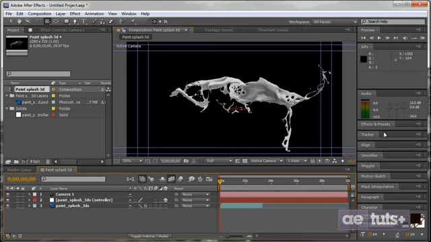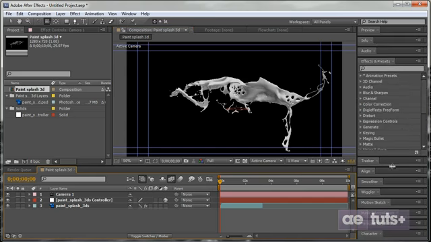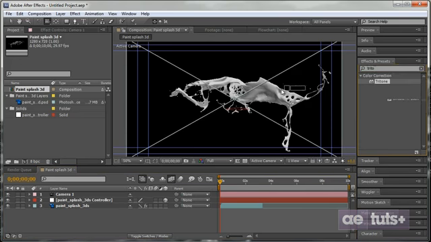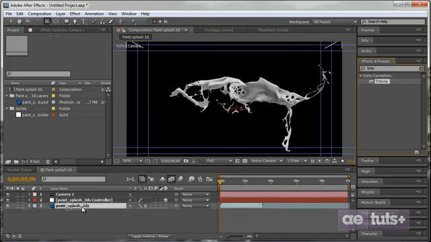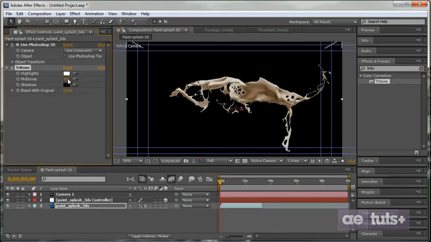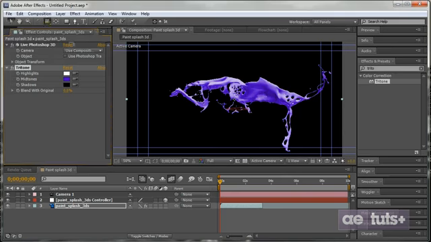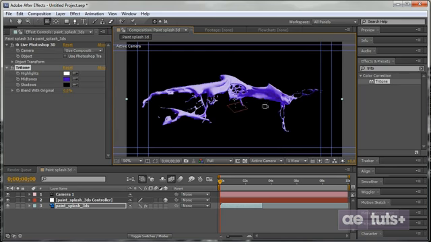Right? If you want to color it, you can go ahead and let's just use an effect called Tritone. And let's dump that directly onto our PSD file. And let's go ahead and create a nice purplish color. So you made your 3D file a color that you would want it to be,